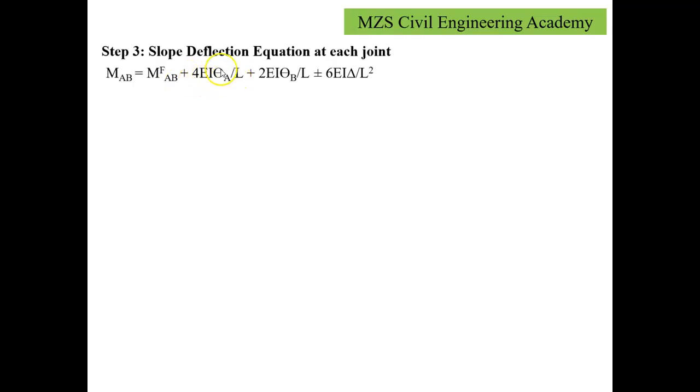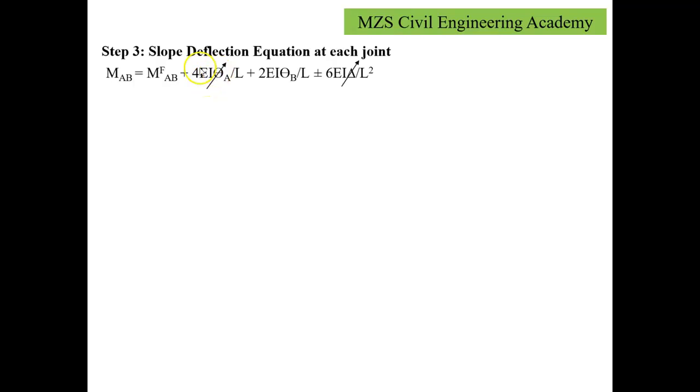Then 4 EI will be assigned with reference to the first alphabet, which is coming here, theta A. Then half the partial transfer will be with reference to the second alphabet, which is coming here, B. This is a thumb rule to be remembered for remembering the formula to apply at a particular joint. If I apply this, what I'm going to get from the end condition, theta A